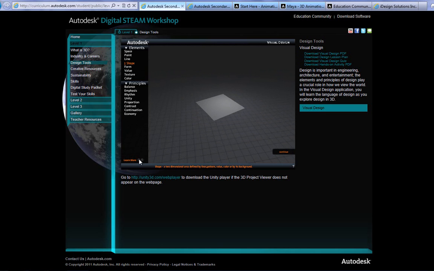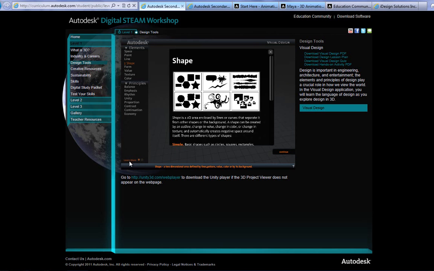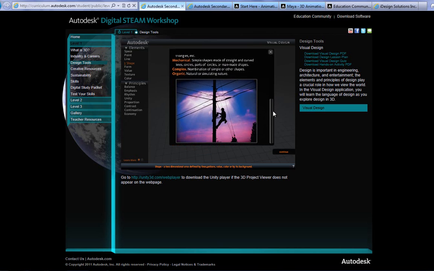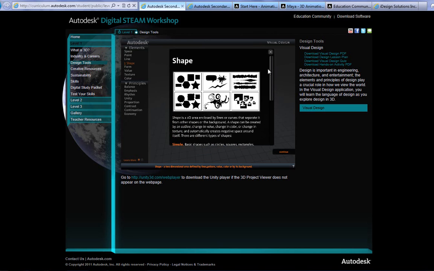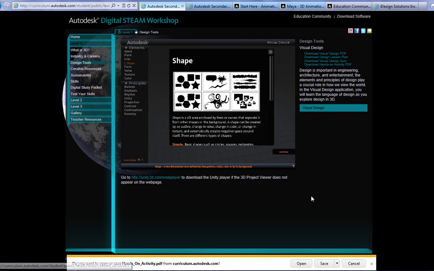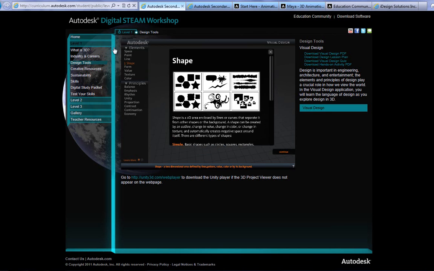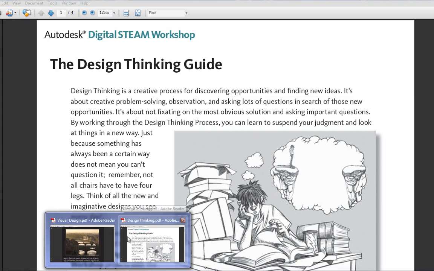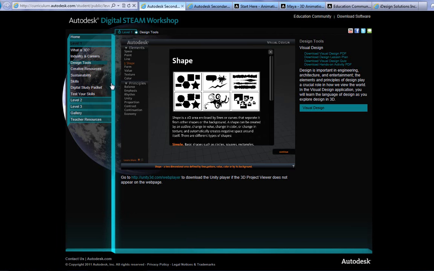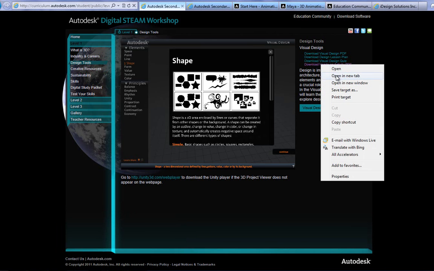So again, at any point you can come down here and click on the Learn More button, and it'll give you that extra bit of information to drive a concept home. There's also a hands-on activity, and as I mentioned, in level 1 we're really just working at getting the foundation laid for the application work once you get into level 2 and level 3. So let's get the hands-on activity open,